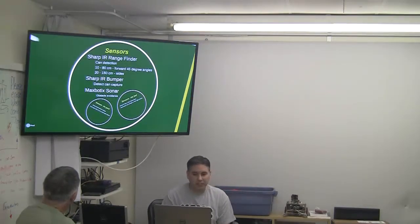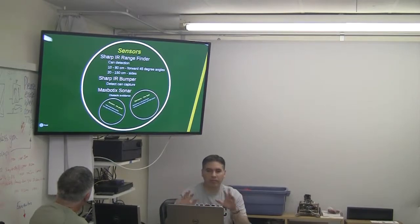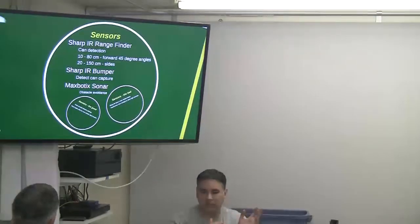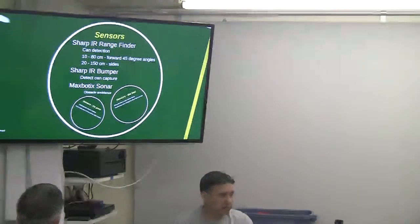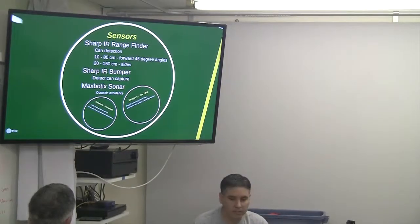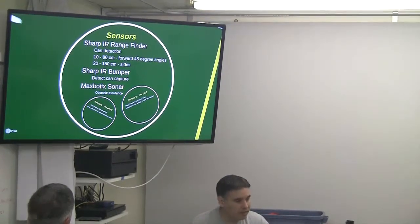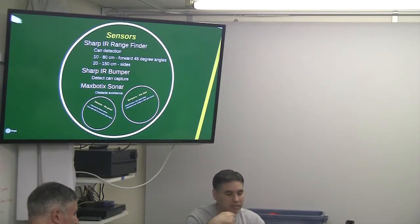The sensors on there, so mainly we're running a lot of IR sensors. Three of them are the 10 to 80 centimeters. They face forward in three different angles, straight, and then 45-degree angles off each side. And then the two bigger ones on the side mounted can read 20 to 150 centimeters. And then we also have some Sharp infrared bumpers that run around the side to hopefully help with some obstacle avoidance. But